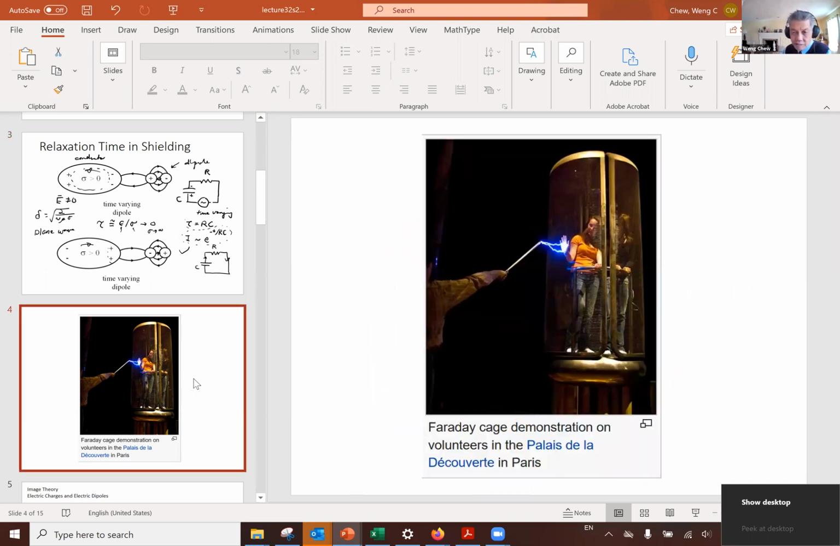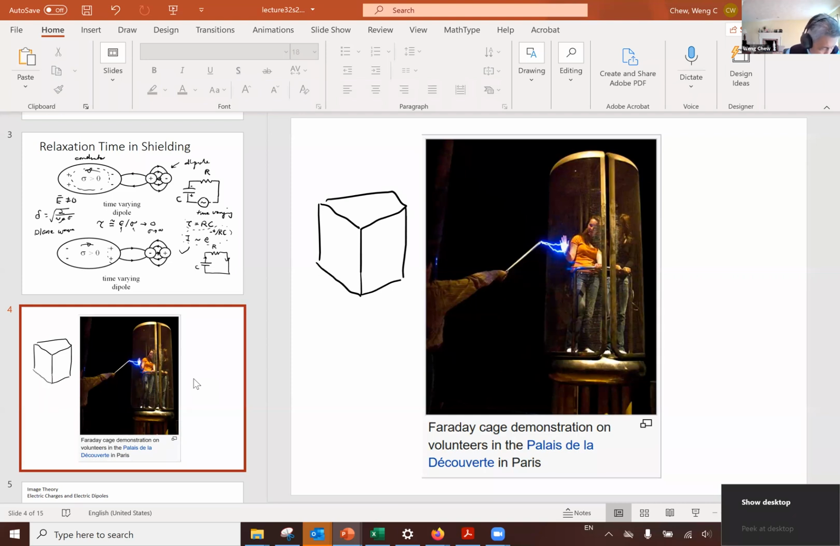So we come to an interesting demonstration of a Faraday cage. A Faraday cage is just a cage where you have wire meshes. You can actually make a cage out of chicken coop wires. And there could be very, very big holes on the side of the cage and on the top of the